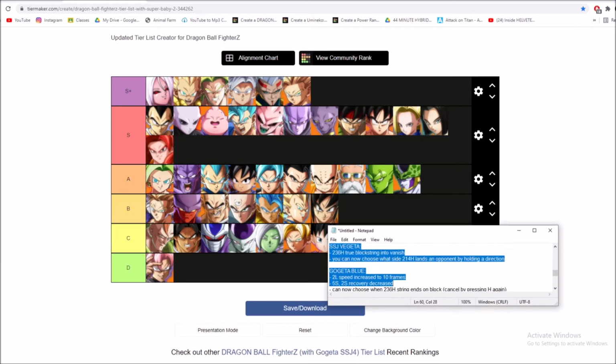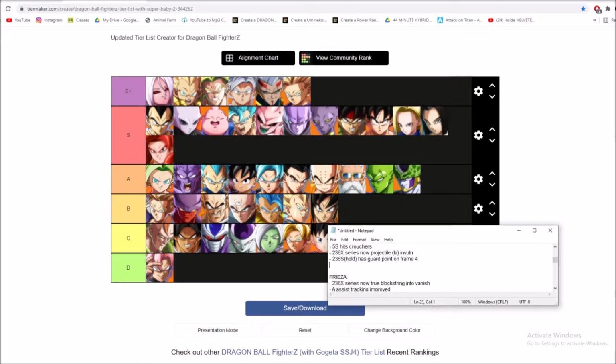2 through 6S hold. Oh my god. 2 through 6S hold now has guard point on frame 4. And the reason I want him to do this is, again, he doesn't have great neutral, so if someone gets in on him, which is really easy to do, and gets a vanish or something, he could have some kind of reversal option that's not his garbage level 3. And actually, speaking of that, I might add level 3